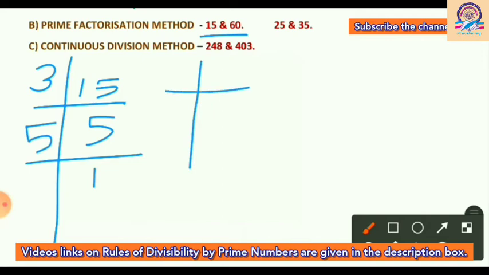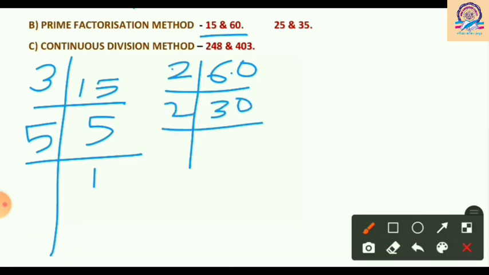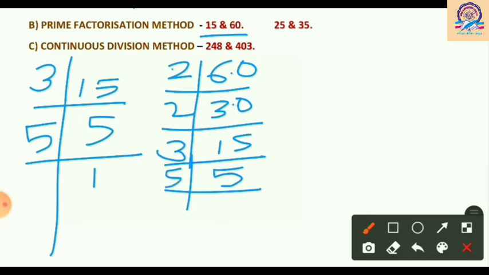Now come to the next number, that is 60. I have written 60, and I will check whether the smallest prime number, 2, can divide 60 or not. We know that 60 is an even number, meaning it is divisible by 2. So 2 threes are 6 and 2 zeros are 0. Now once again it is divisible by 2. So 2 ones are 2, 1 will be carried. Now it is 10. 2 fives are 10. Now it is 15 and it is an odd number. So 2 cannot divide. Go to the next number, that is 3, and 3 can easily divide. So 3 fives are 15. Now 5 ones are 5. Now we have divided 15 and 60 using the prime numbers.